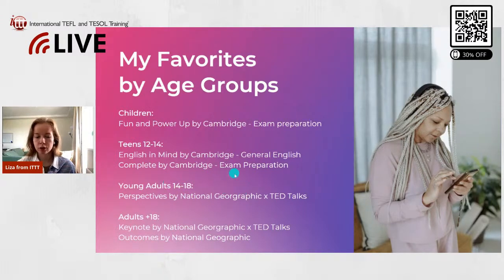There is another course book which is also suitable for this exam preparation. It is called Prepare, and I believe that it is actually pretty similar to Complete, but Complete is probably based on a more general approach versus Prepare, because